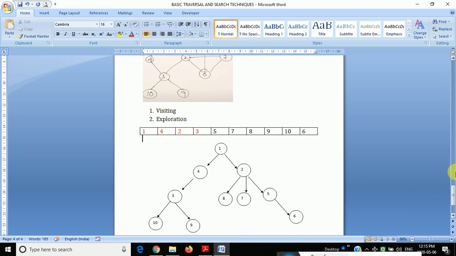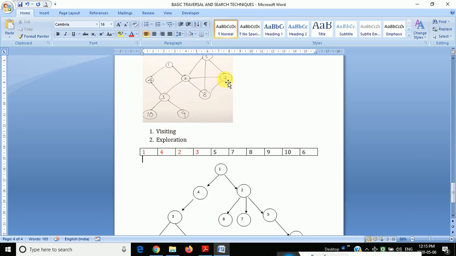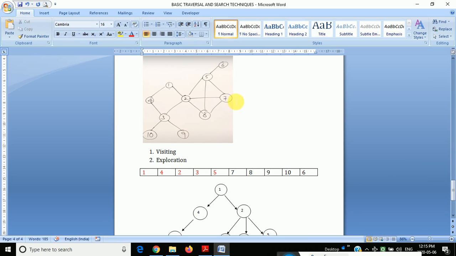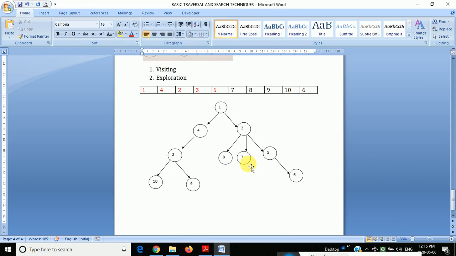The rest of the nodes I have already visited. See, 7, if we start visiting, 5 is now explored. Next if we start visiting 7, 7 is connected to 5, 8 and 2. Yes, 7 is connected to where? 5, 8 and 2. So you have to make a dotted line and connect like this, 5, 8. Okay, so basically we have to draw this diagram.